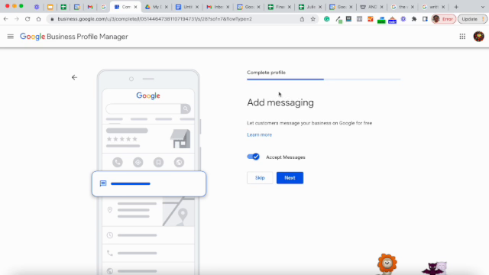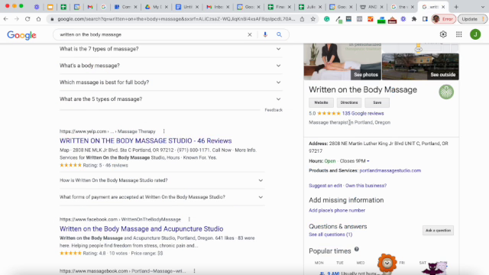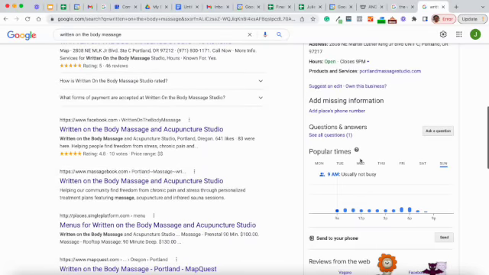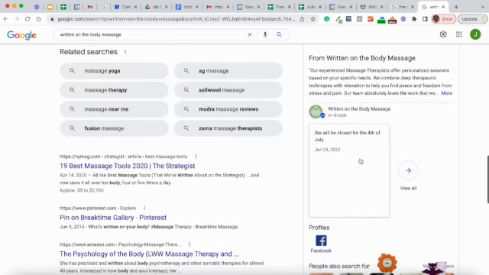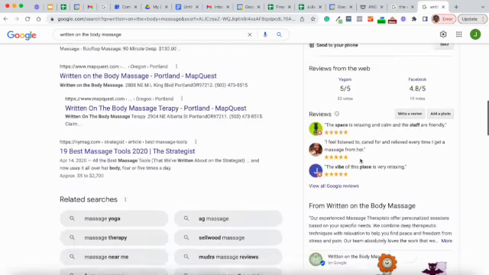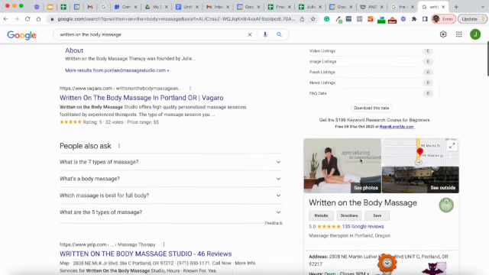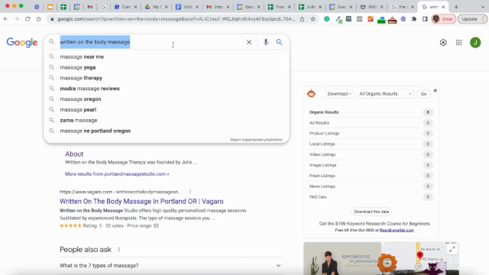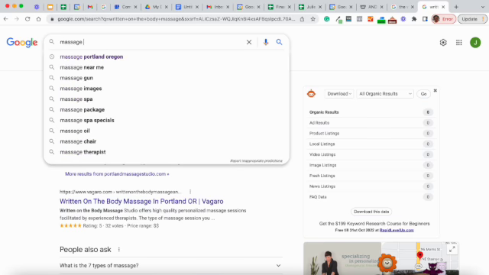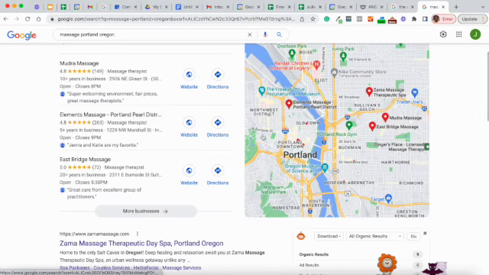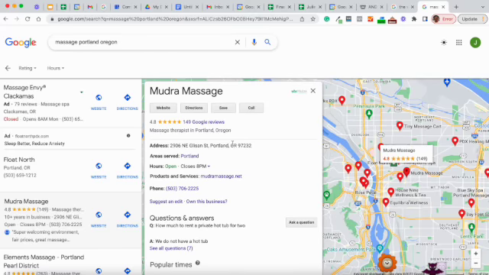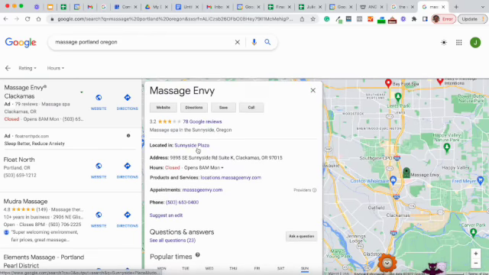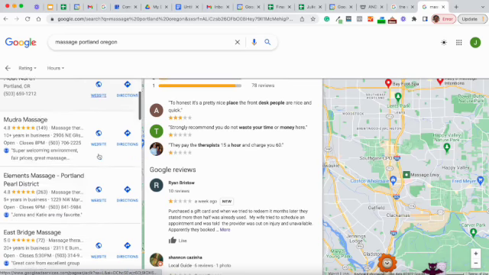Do you want people to be able to message your business through Google? So let's see if this is here. Ask a question, send to your phone, add a photo. We'll see if they have it on, and if not, we can find a different messaging feature. So let's just do Massage Portland, Oregon, and see what comes up. There may not be a lot of people utilizing this one. Maybe Massage Envy. Yeah, there is, and you've probably seen it somewhere,